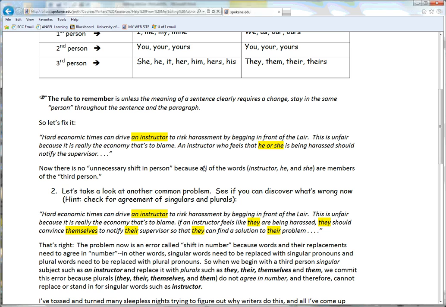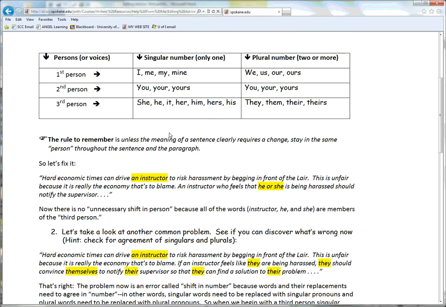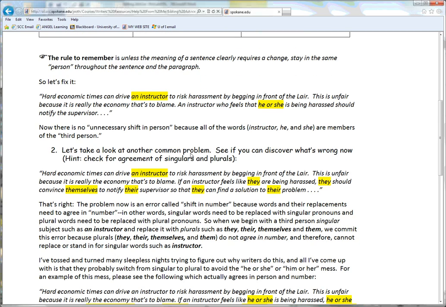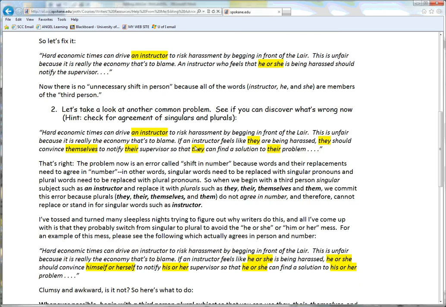So we want to avoid unnecessary shifts in person, right? Going from third to second or from first to second. Typically, we end up starting writing "you," and that's where we need to be careful and take a look. Okay, now let's take a look at the second problem, because this happens because we want to be fair,